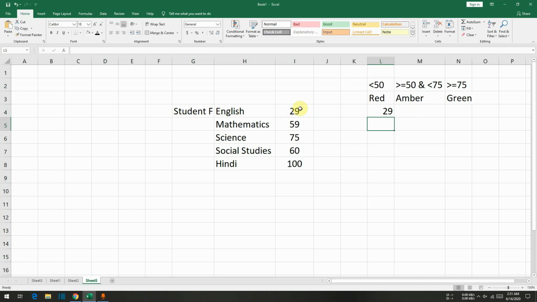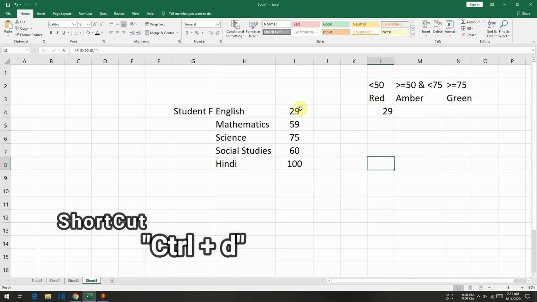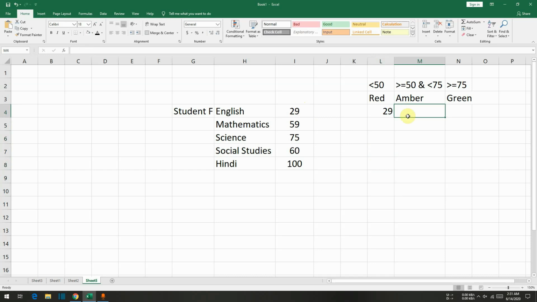Okay, I will use Control D. Here Control D, Control D, Control D. It will copy the formula from the above cell. Here I will use is equal to IF, because I have 2 options here or 2 logical functions here, so I will be using AND, so that both the conditions should be true. If you remember, we also discussed the AND logical function in my previous chapter.